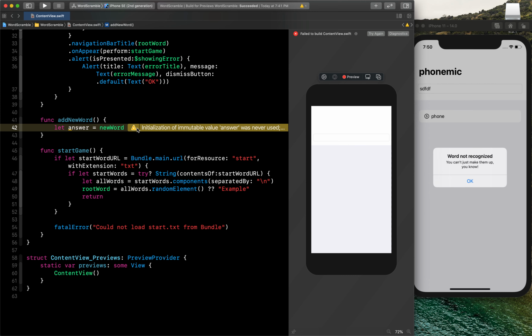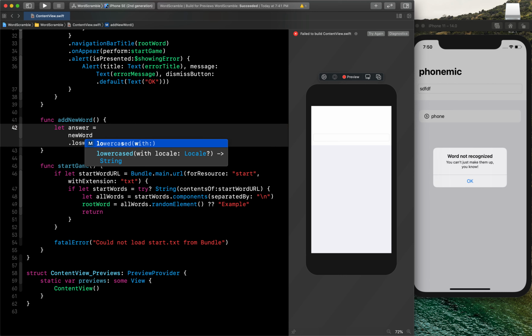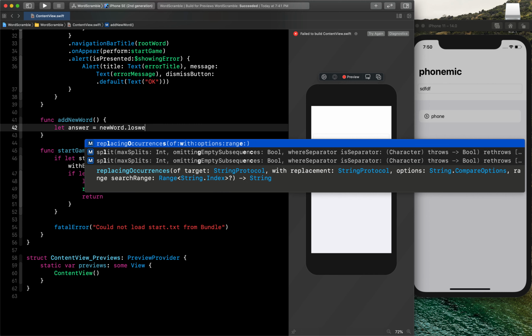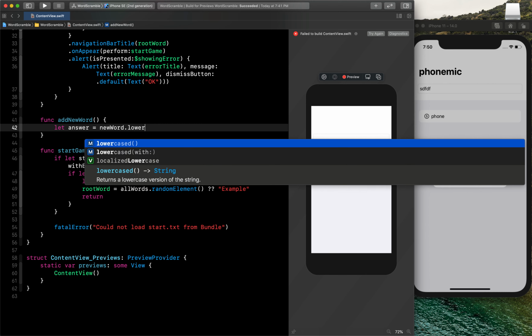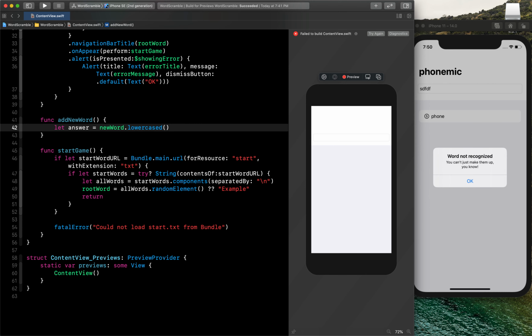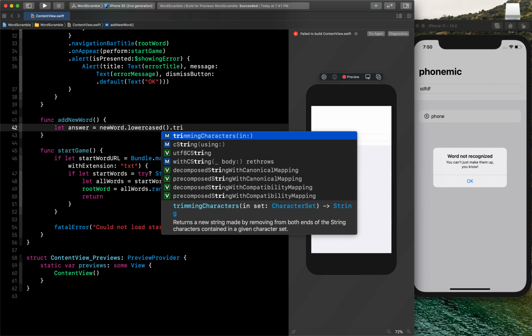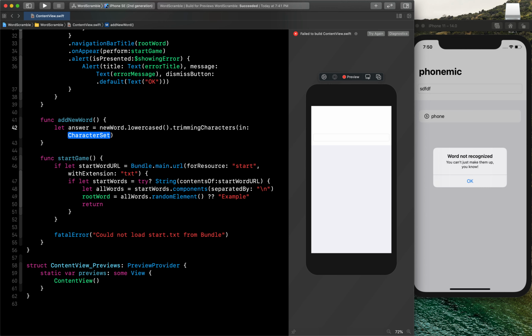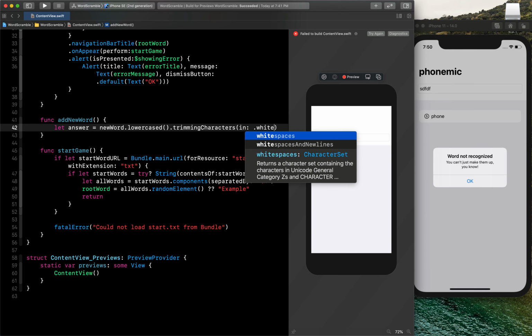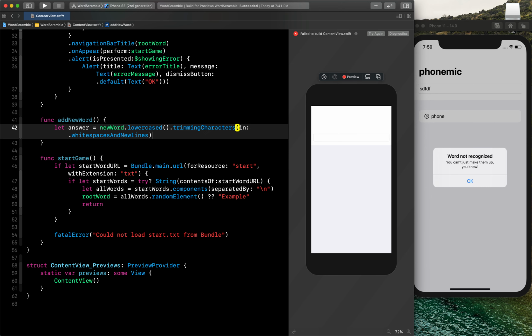I will say new word dot, first I will lowercase it, dot trimming characters. If there are any extra characters inside this, I need to trim them. So I will say whitespace and newlines I have to trim, and then I will say